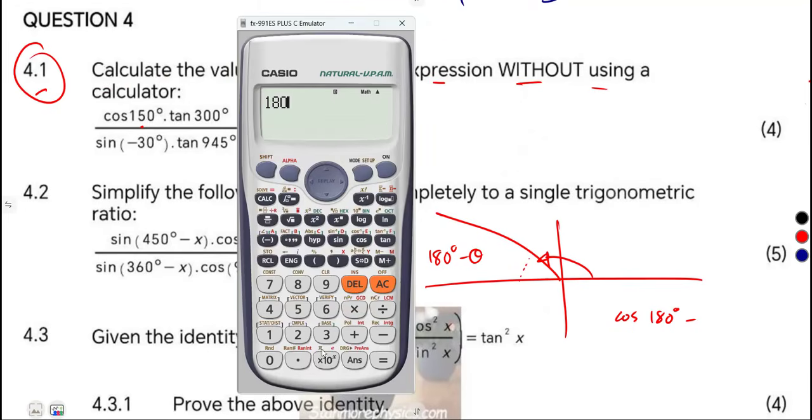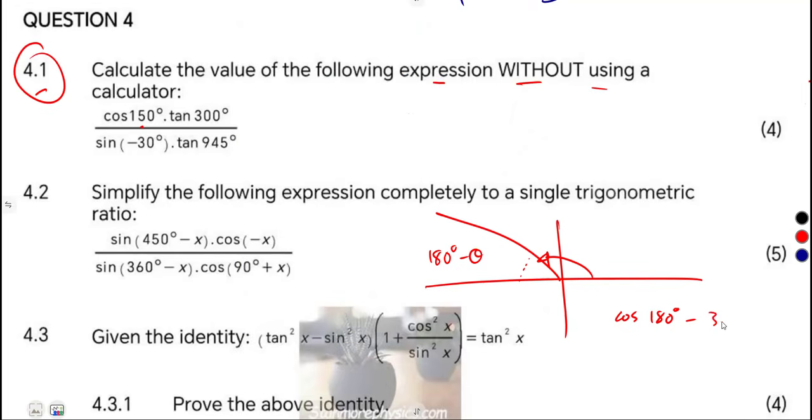180 minus 150 degrees is 30 degrees. So it is the same as cos of 180 minus 30 to get 150. In this quadrant, cos is negative, from the CAST concept. So that's negative cos of the acute angle, cos theta, where our theta is 30. So that's negative cos 30 degrees